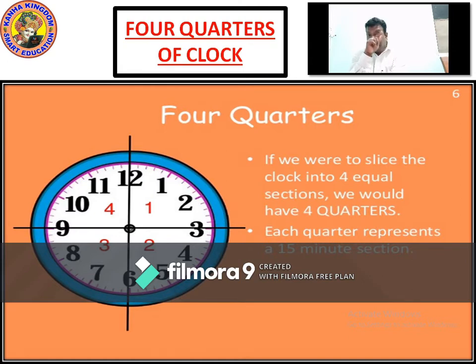When you make a circle, or else look at the watch itself. The watch is a circle. From 12 to 6 it is what? From 12 to 6 it is 30 minutes. From 6 to 12 it is what? Again 30 minutes. If you draw a straight line from 12 to 6, there are 30 minutes here and 30 minutes here, which means it is divided into half.